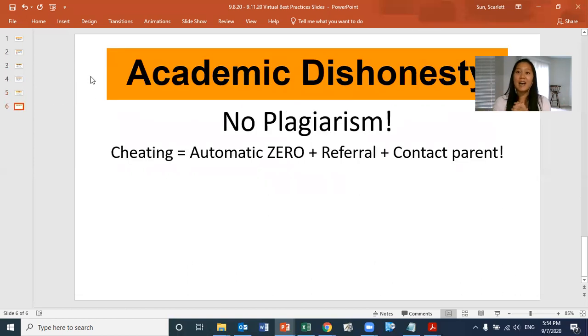Academic dishonesty: I hate cheating, okay? Plagiarism is a big no-no. So if you copy somebody else's words, if you copy somebody else's work, you're going to get in trouble for it, because now that we're online, most things can be checked through a plagiarism checker that Fort Worth ISD is providing, okay? So cheating means that you get an automatic 0, and maybe the first time I will talk to you about it,